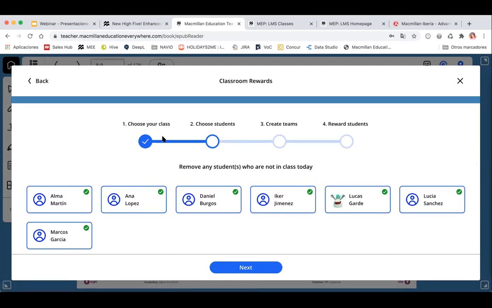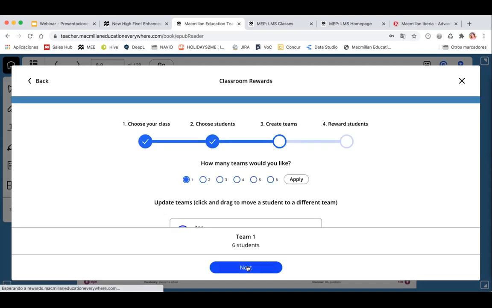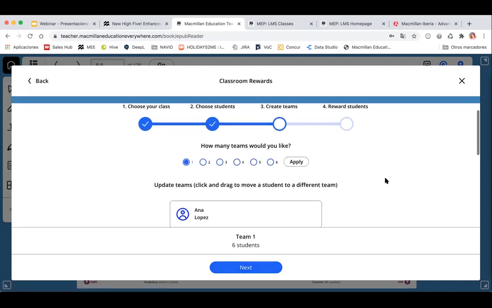Okay, so the first step will be to choose the students that are in the class today, or remove any students who are not in the class. So if, for example, this student is not with us today, she is not going to participate, so I can remove her and just work with the students that are in the class. Click on next. This is a feature that we had also in the Navio Tap and Teach, but in the Navio Tap and Teach,